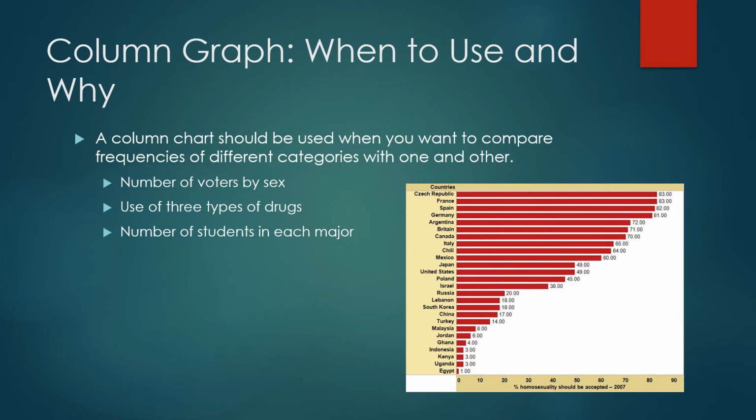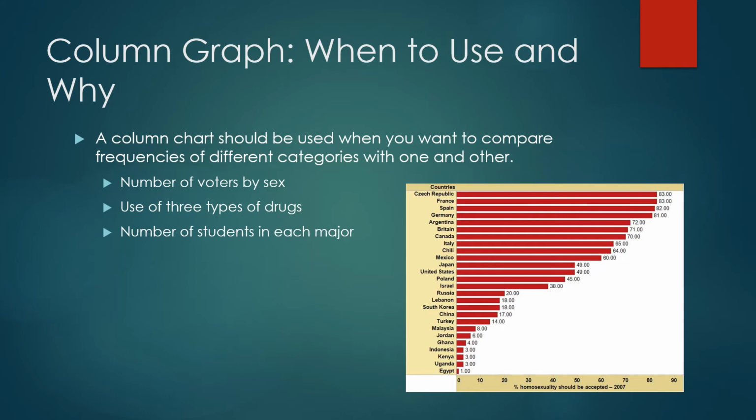So we're going to talk about different types of graphs and when to use them and why. So the first one we're talking about here is a column chart or graph. It should be used when you want to compare frequencies. It's used best for comparing frequencies of different categories. So if you, for example, want to look at the number of voters by sex, the use of types of